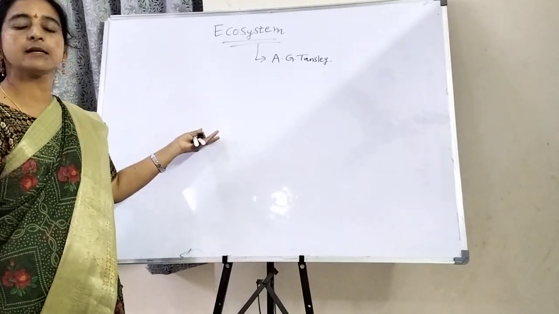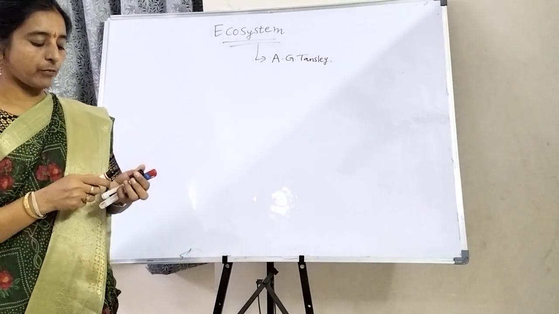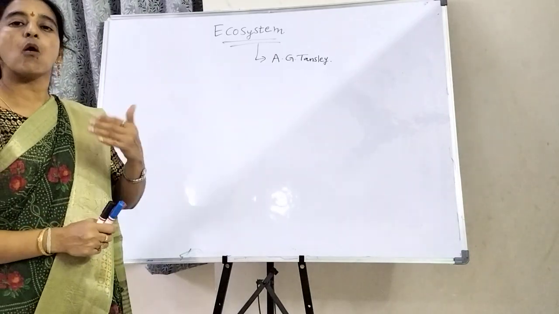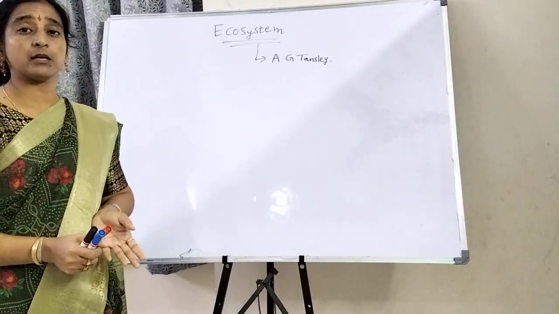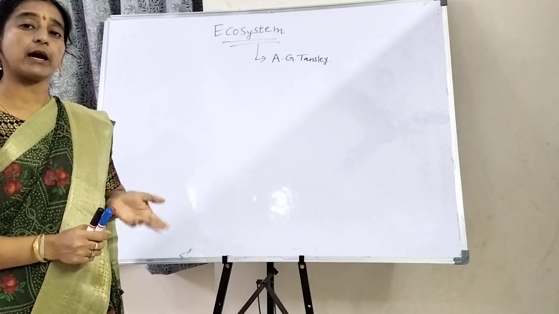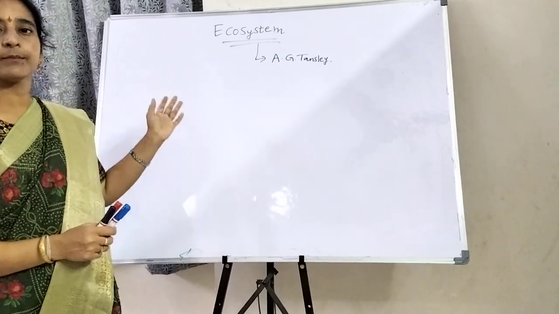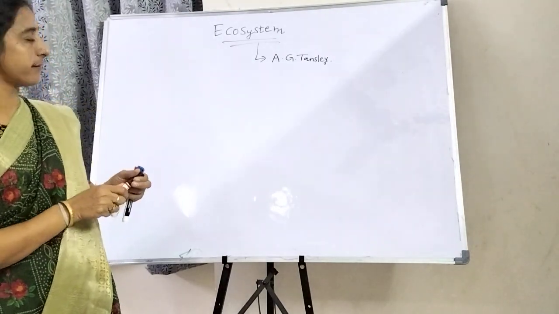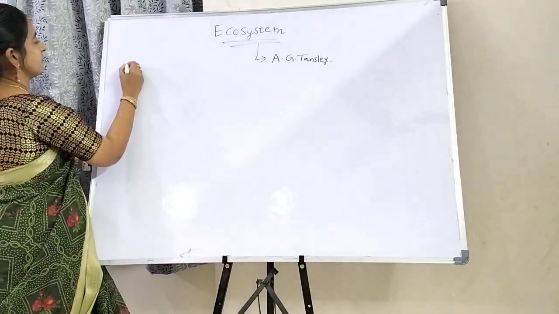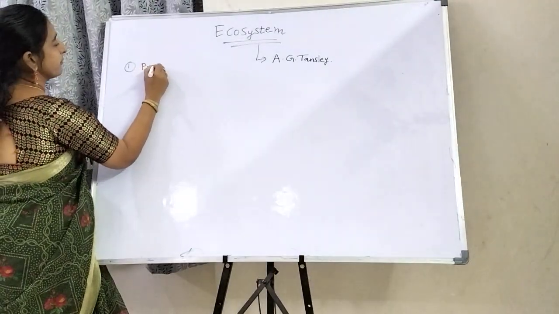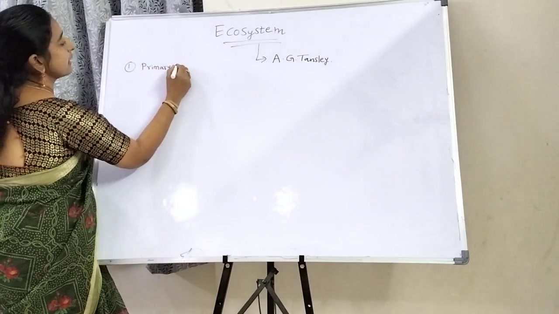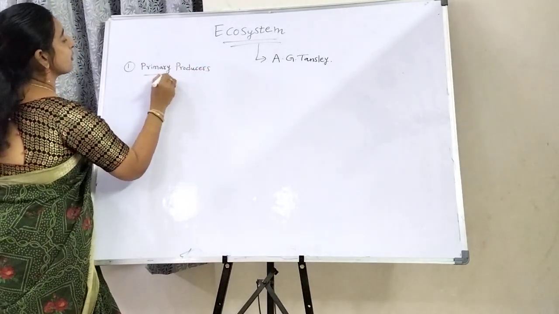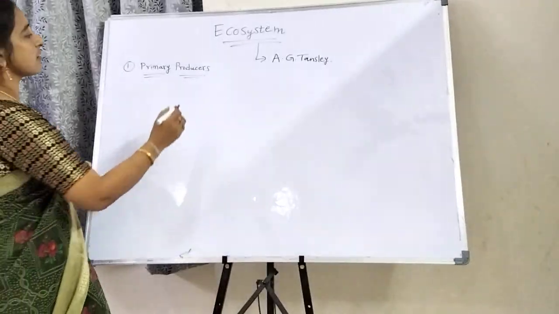Biotic components are plants, animals, and microorganisms, like algae, fungi, and bacteria. So those are the biotic components. There are primary producers. So, primary producers first. Producers are